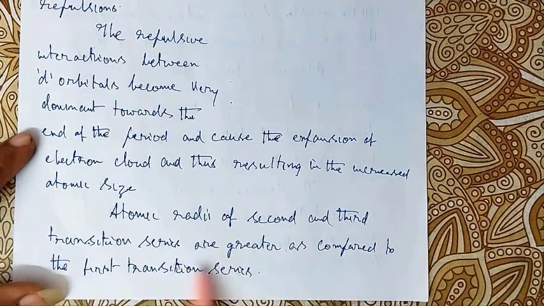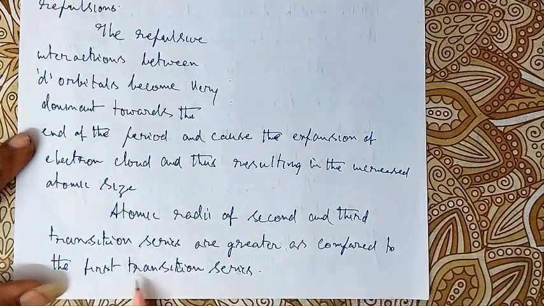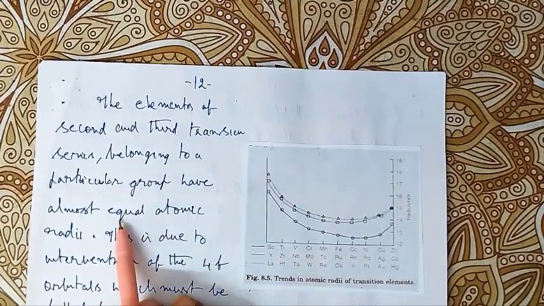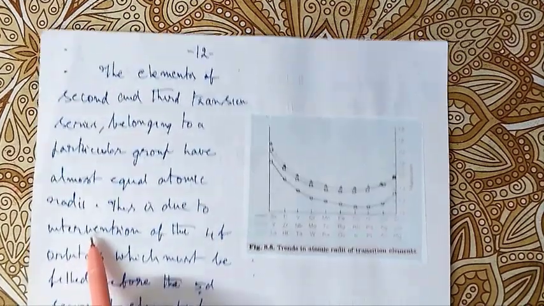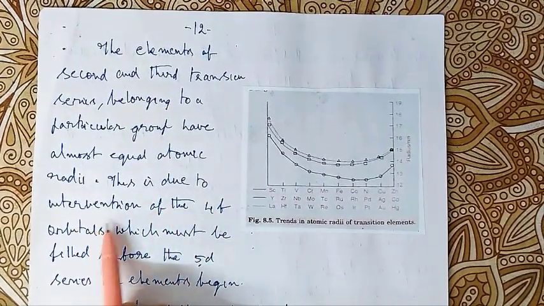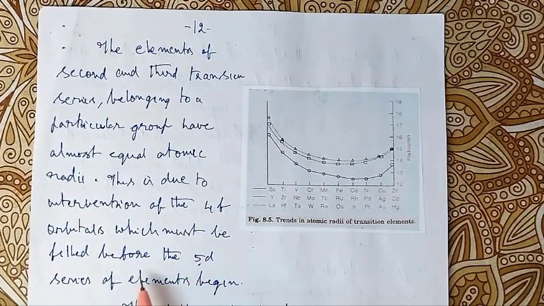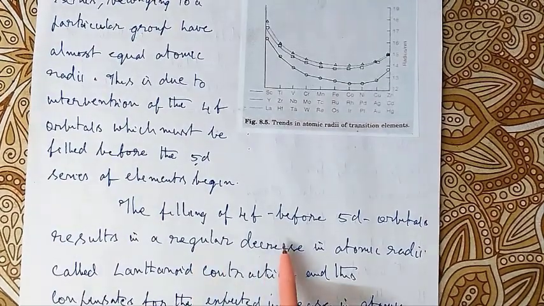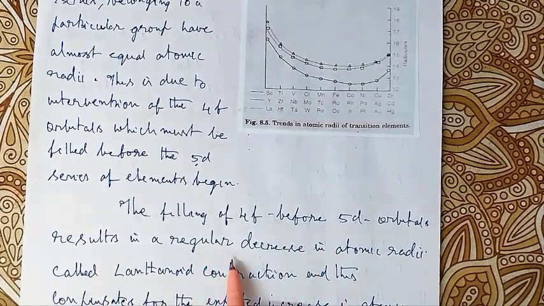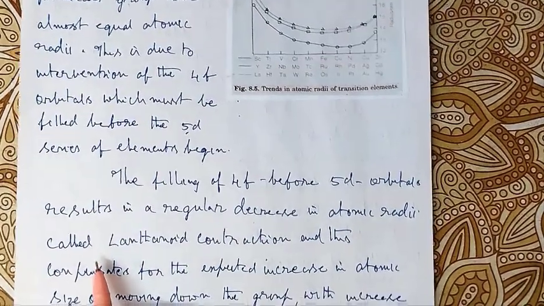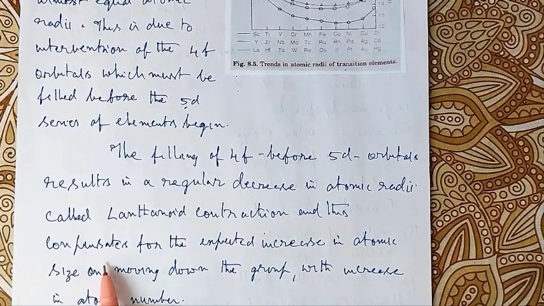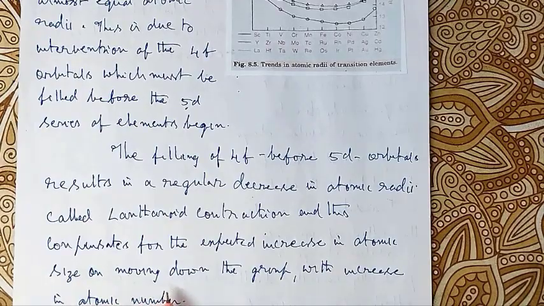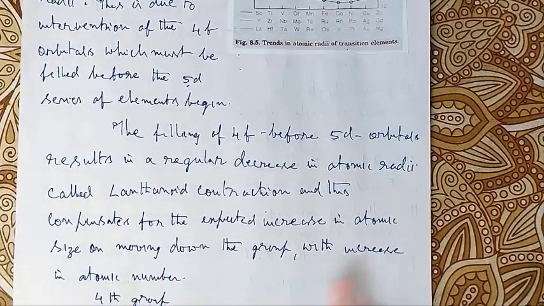Atomic radii of second and third transition series are greater as compared to the first transition series. The elements of second and third transition series belonging to a particular group have almost equal atomic radii. This is due to intervention of the 4f orbitals, which must be filled before the 5d series of the elements. The filling of 4f before 5d orbitals results in a regular decrease in atomic radii, and this is called lanthanoid contraction, and this compensates for the expected increase in atomic size on moving down the group with increase in atomic